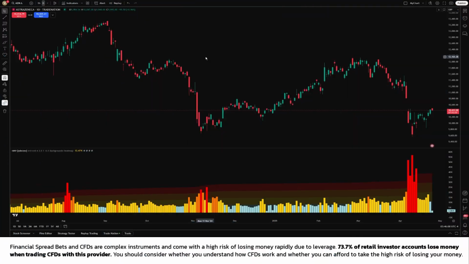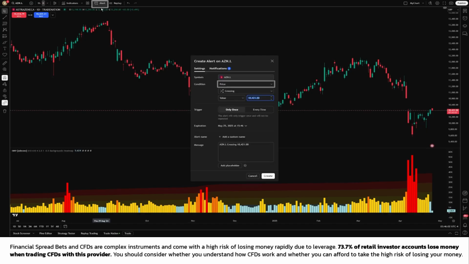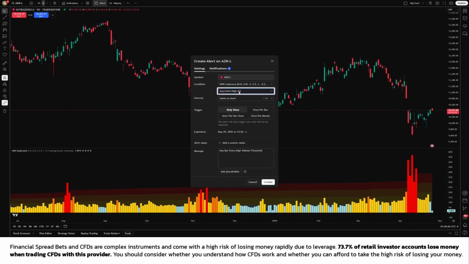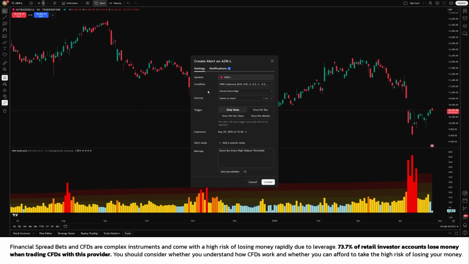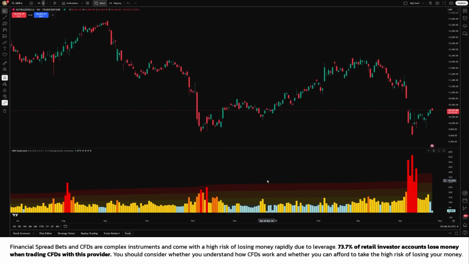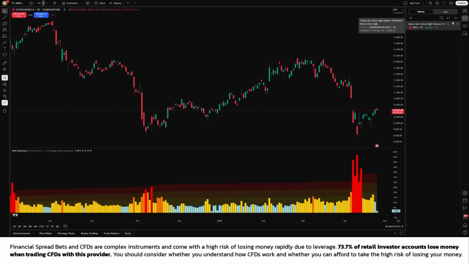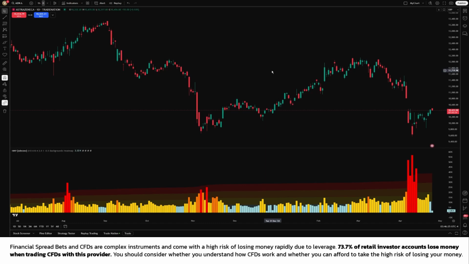The built-in alert functionality significantly enhances the utility of the indicator. Traders can configure alerts for specific volume categories, such as extra high or high, enabling proactive monitoring and timely action, even without continuous observation of the charts. This feature is particularly valuable for traders managing multiple assets or those who prefer automated alerts to highlight critical market